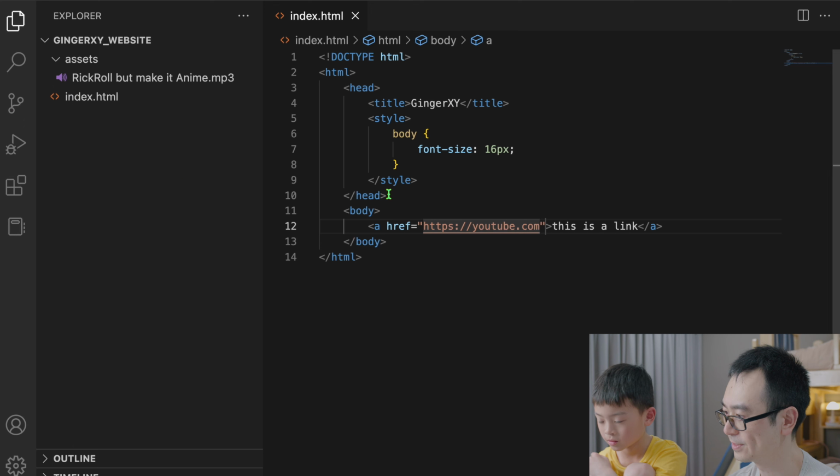So that's easy, right? That's a link. This is what we call an absolute URL. An absolute URL starts with HTTP or HTTPS, and then it follows with a domain, and then there can be some